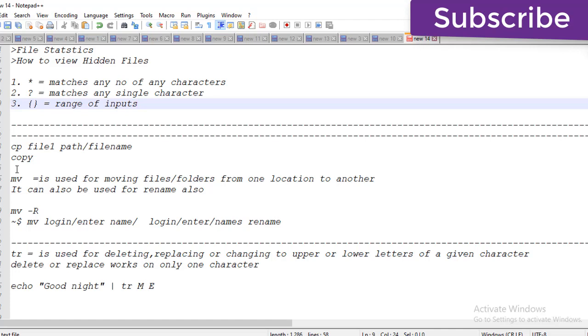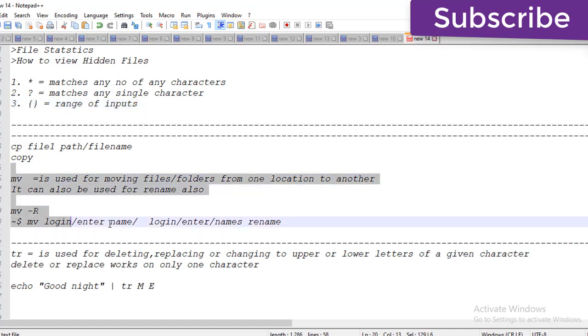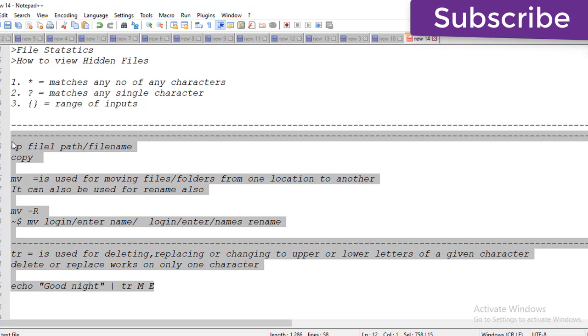I am also going to move files or folders to another directory, rename a folder or directory, and perform delete operations or replacing using the tr command.